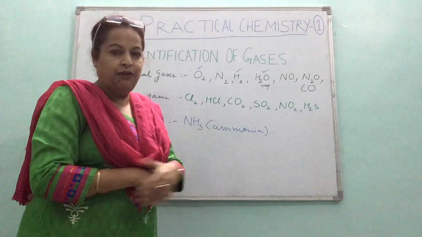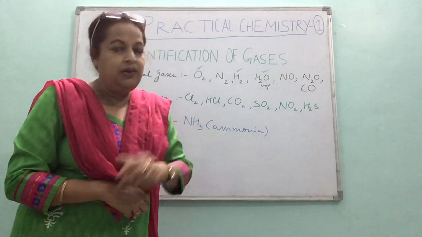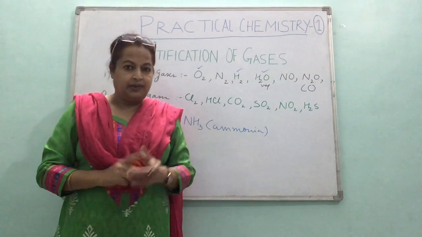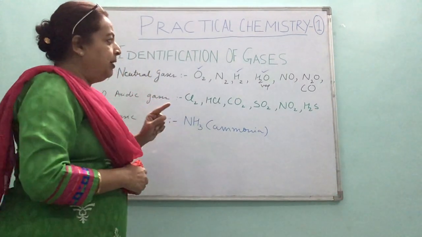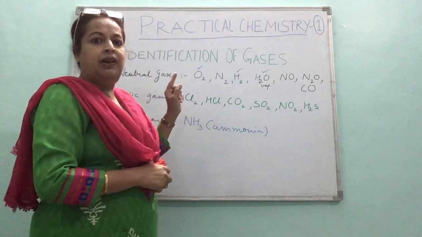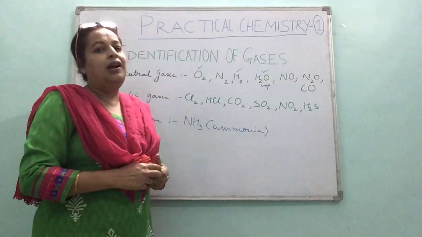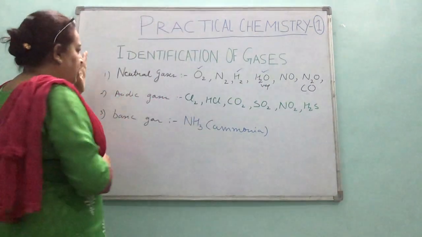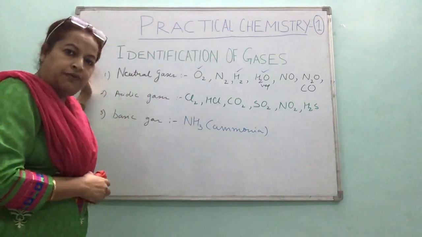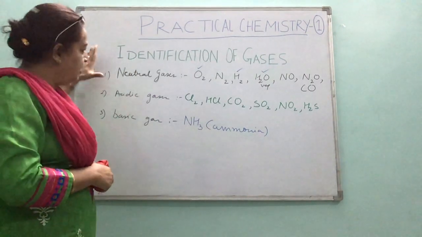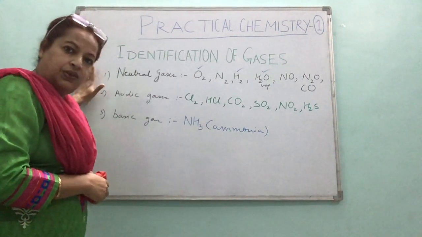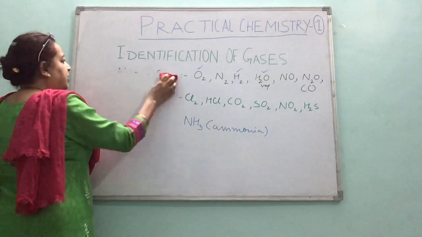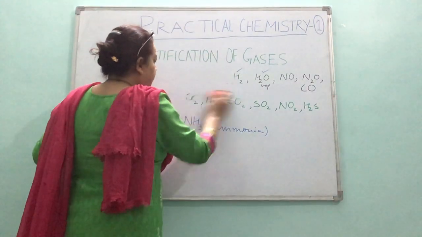I'll be writing the format of how you have to write in your lab manual. You all must have purchased a chemistry lab manual, right? In the lab manual, the first experiment heading would be experiment number 1, and the aim is identification of hydrogen gas. I'll be writing this. This you have to copy down in your chemistry classwork register. Alright? Please do that, children, right? Now I'm going to start with experiment number 1.